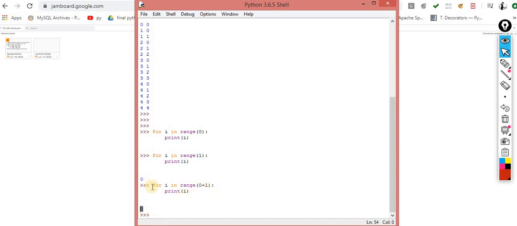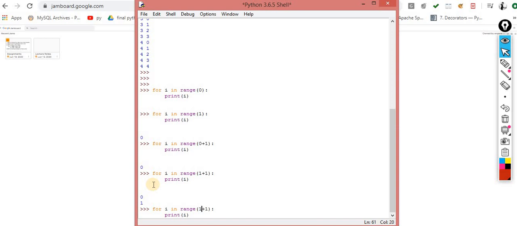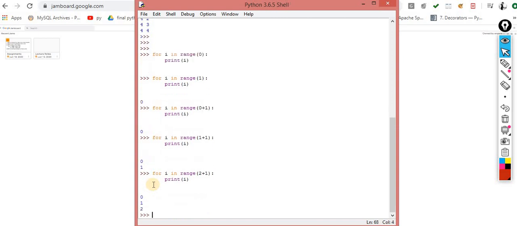When I add this, now I value becomes 1 and I am adding 1 more to that I value. Now it will execute for 0 and 1. Now I value becomes 2, and I am adding 1 more inside this. Now you can observe 0, 1, 2. So this is the way.